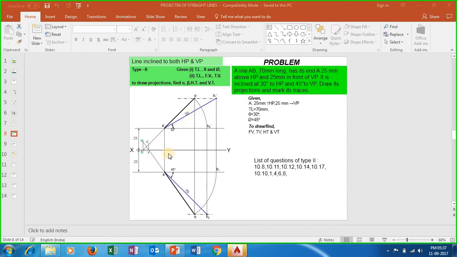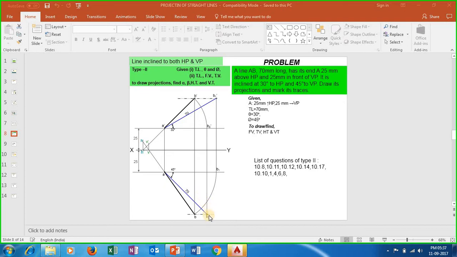In the same way, we have to locate another point named A at a distance of 25 mm below the XY line, and from that point A we have to draw another 70 mm line inclined at 45 degrees, and then we have to draw